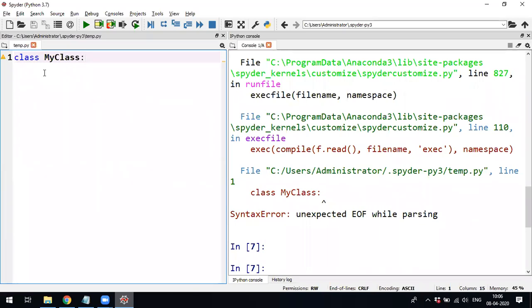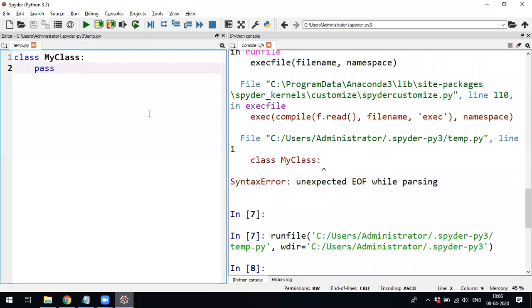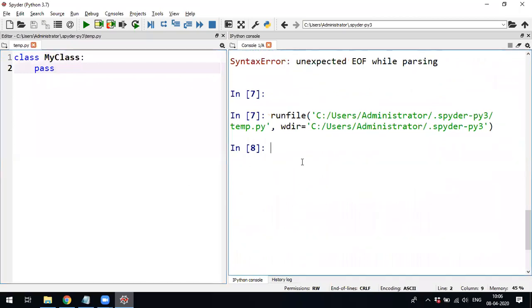If I am not interested in declaring any attribute, there is a keyword called pass, which is equivalent to empty opening and closing brackets. In the same way, in Python, it is pass, P-A-S-S, that you have to use. Whenever you write this, it will create the empty class.